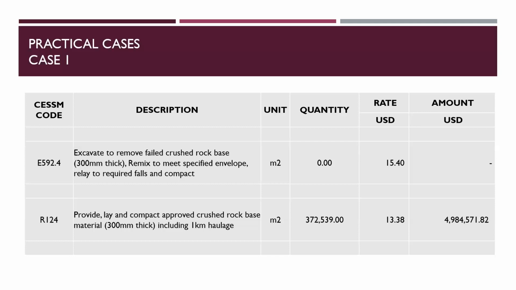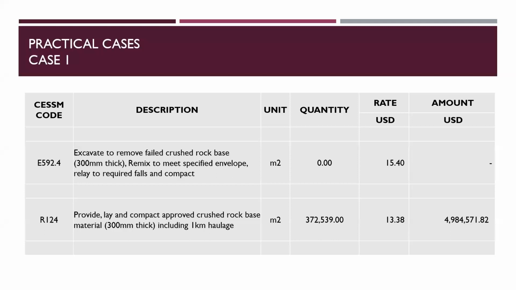But for purpose of this, you know how crash rock deteriorates very quickly. For purpose of deterioration and things, they needed to rework on it. So this item was there, but there was no quantity. So they didn't anticipate from the beginning that the work would deteriorate to that level. So there was no quantity.